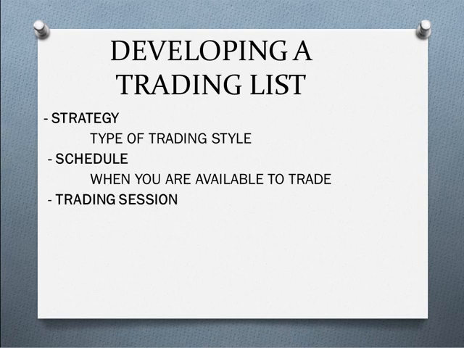So let's say some of you might be available to trade in the Asian session. Obviously, in the Asian session, that's when most of the trading instruments slow down. So not everything will move the way you want, and you might not be able to find the opportunities in time. So you need to pick things that move in the Asian session. For example, you can look at JPY pairs and trade those. You analyze and see which trading instruments are active in those particular times.